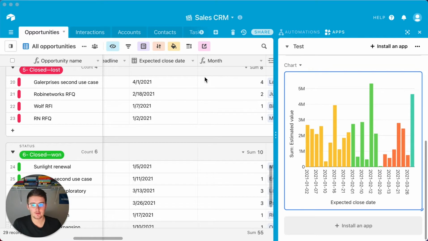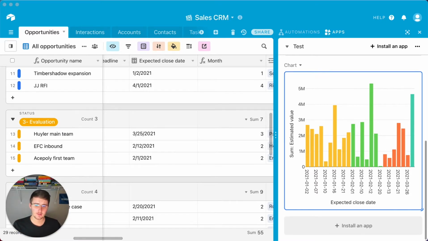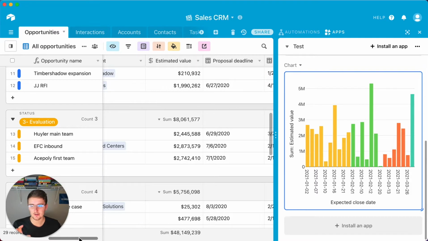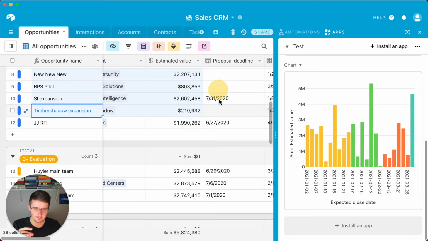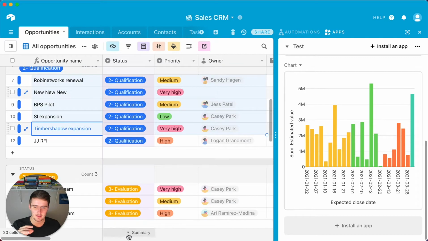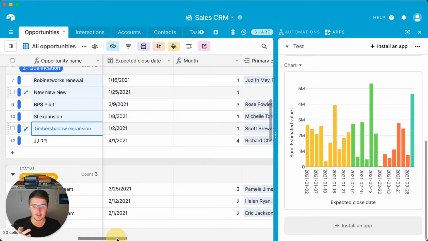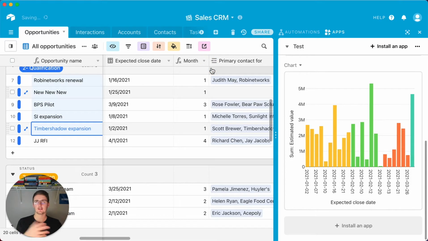So without further ado, I'm going to explain a little bit about what table we are in currently, because that's going to influence what data we're going to be seeing over here on the right. In large part, what we're going to be looking at is based on the expected close date and the estimated value of a deal in our pipeline. So essentially each record here is a deal in our pipeline, and each of those records is at a certain stage, and it's also connected to an account, but more importantly there's an estimated value and an expected close date on that. And then furthermore, I added this month in here,